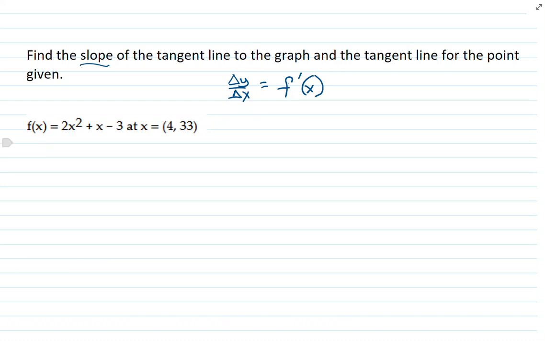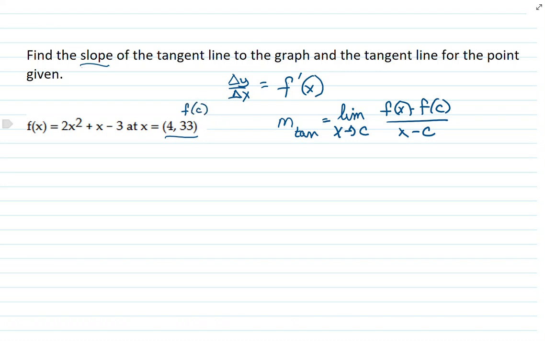So we have in our arsenal that the tangent slope is the limit as x approaches some c of f of x minus f of c divided by x minus c. All right, and we have our point. So this is our f of c. Here we go. So we're going to have the limit